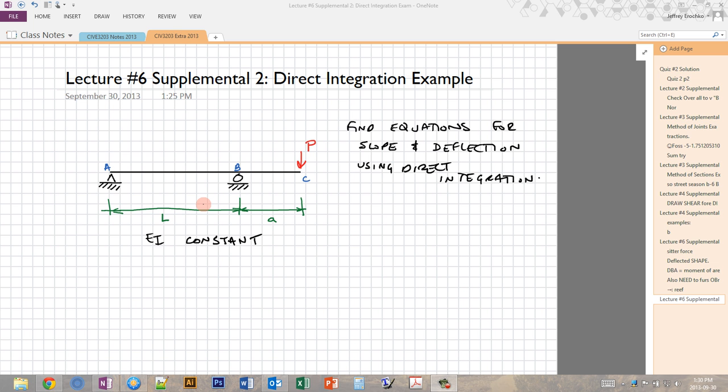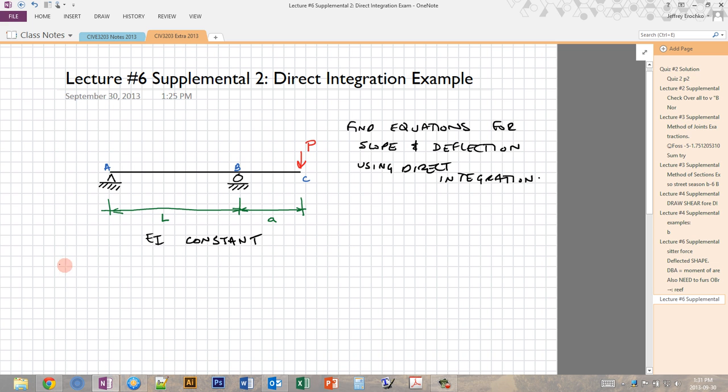And so in design handbooks, you might typically find a table that has a lot of different situations given in terms of general dimensional variables, for example, like L and A, so that for any given example that looks similar to this, you can come out with the slopes and the deflections very easily just by subbing into some equations that come out at the end. So we're going to find out how to derive equations like that for this example, and this is on the tricky side for an example like this, so you should be able to apply this method to other